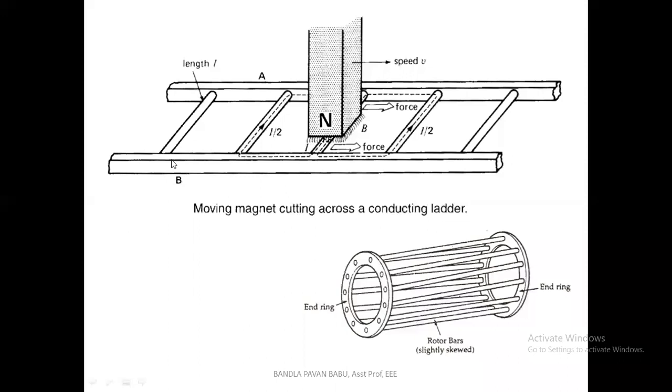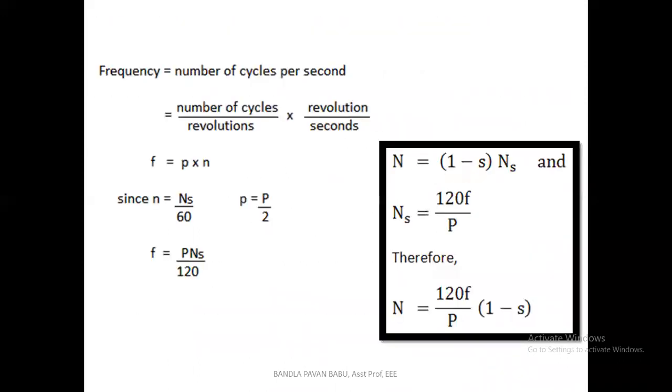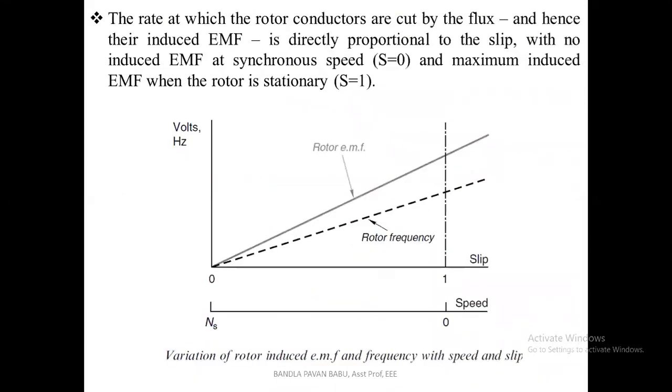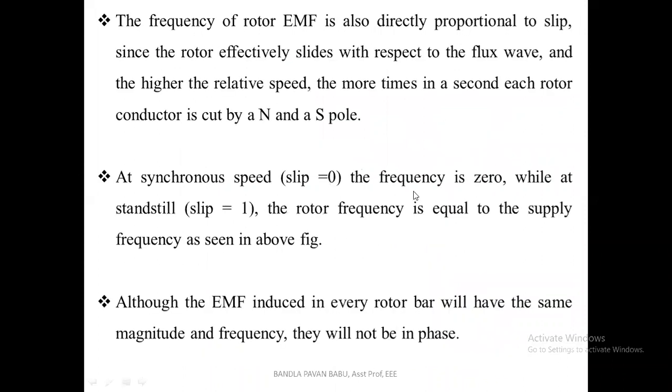Likewise, if it is linked with the north pole, maximum flux is induced, then there exists a positive half cycle. If the rotor is continuously rotating, then it is linked with the south pole, then there exists the negative half cycle. So likewise, the positive and negative half cycles are generated in the rotor. So that is the meaning of this point. Here slip equal to 0, frequency is 0, and slip equal to 1, that condition is called standstill condition. Earlier we have seen that is a locked rotor condition.